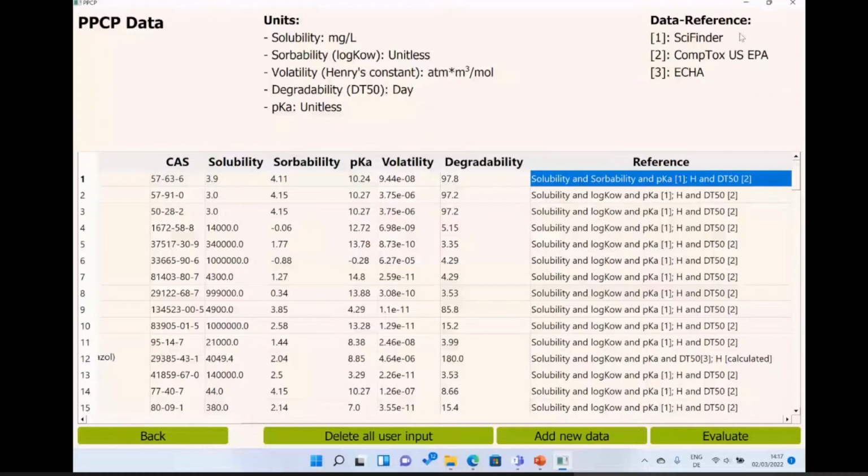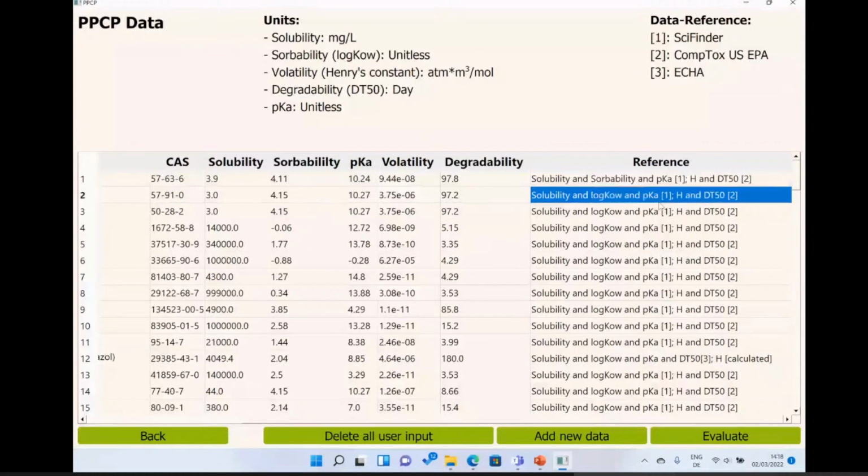These chemical values were collected from 3 different sources: SciFinder, the Comtox US EPA dashboard, which is a website of the USA where you can collect different chemical values, and the ECHA. So you can now easily compare the reference numbers. In this case, you can see the solubility, log KOW, and pKa are coming from SciFinder, and Henry's constant and DT50 are coming from the Comtox US EPA dashboard.